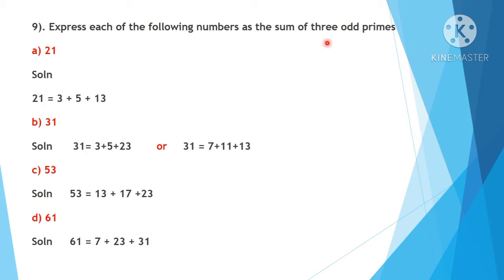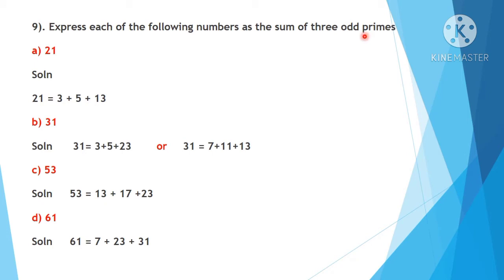So you want to write 3 numbers. When you add the 3 numbers, you should get the answer 21. The 3 numbers should be odd numbers and also prime numbers. So 2 is an even prime number. So leave 2. You don't want to think about 2 because 2 is an even prime number. Now odd numbers. Odd numbers start from 3, right? So write 3 plus the next odd number, 5. So 3 plus 5 is 8, right? So you got the answer 8.